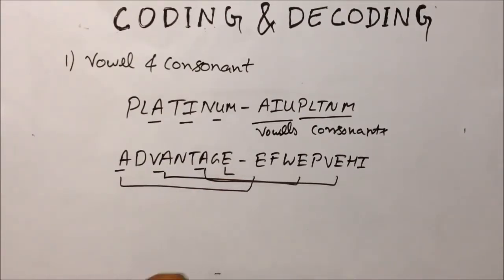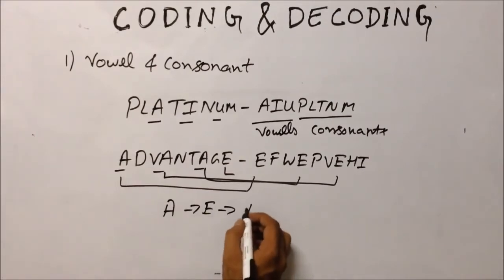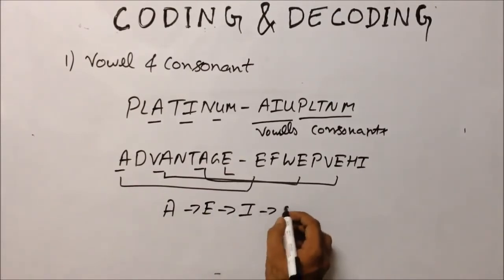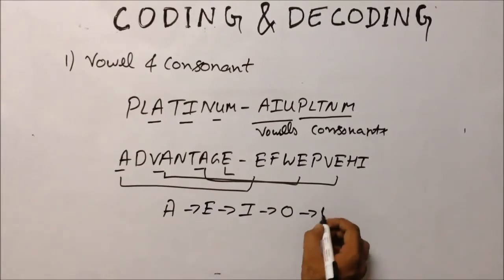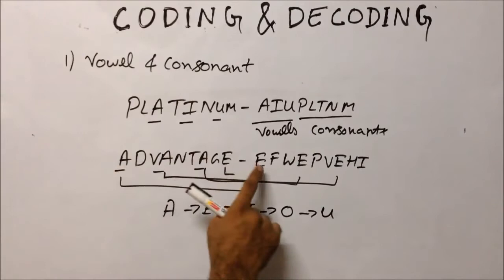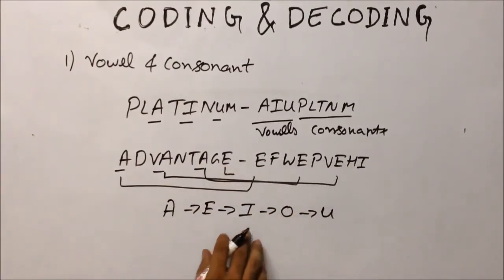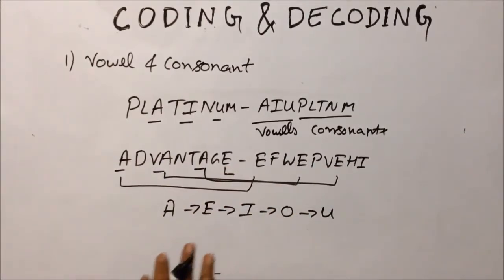Now what we are doing is we are using vowel for the next vowel and we are using consonant for the next consonant. For example, after A the next vowel is E, after E the next vowel would be I, after I the next vowel would be O, and after O the next vowel would be U. So we are using E for A. So after A we are using E, for A again we are using E, for A again we are using E, and for E we are using I because I is the next vowel after E. So what we are doing is we are using next vowel after a vowel and next consonant after another consonant.